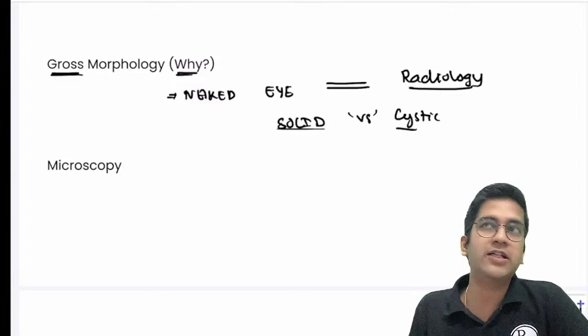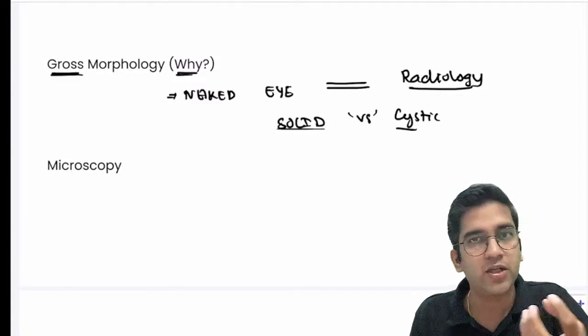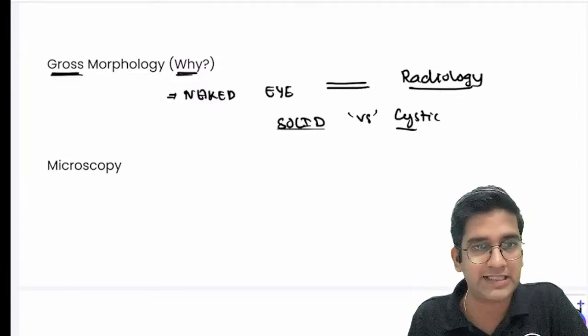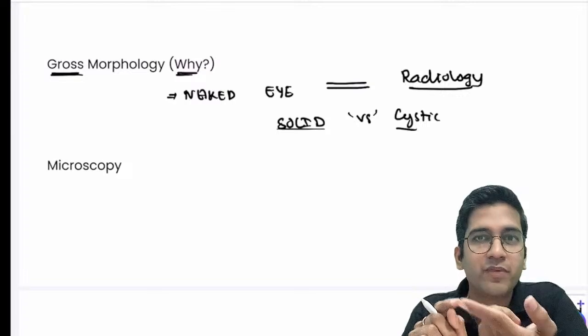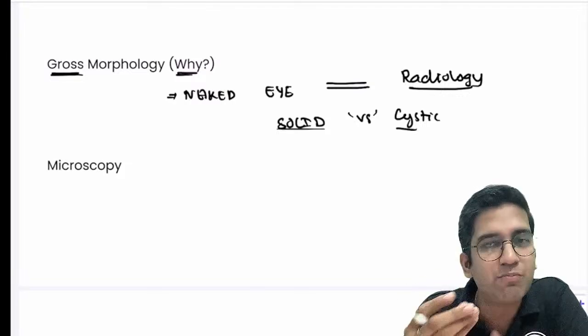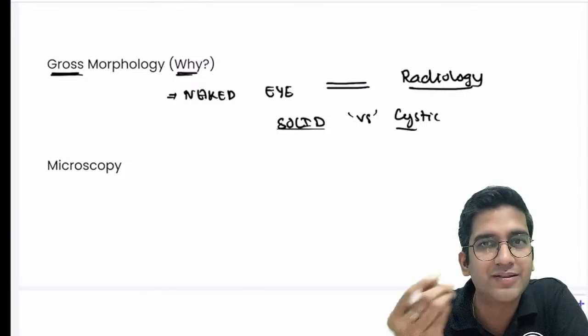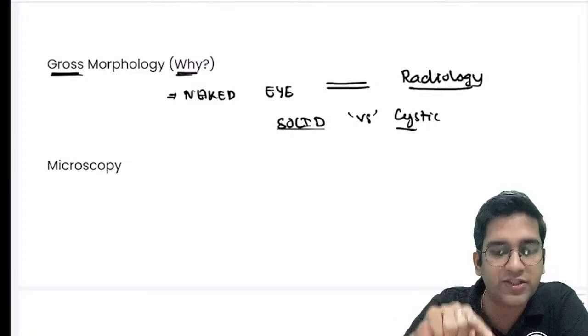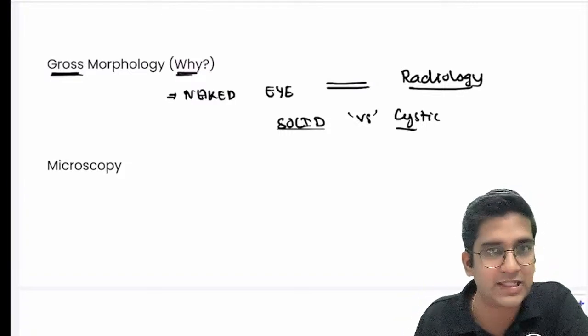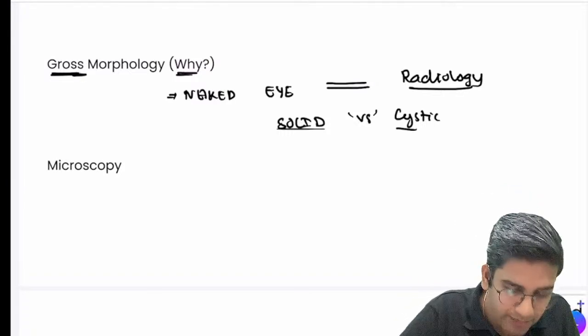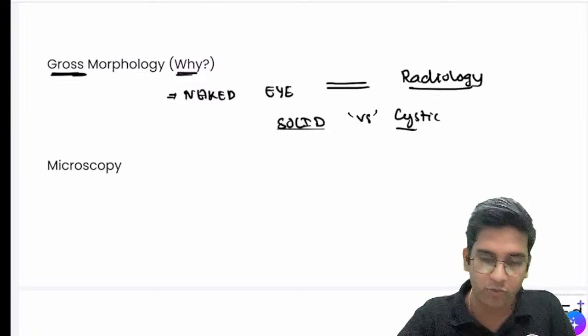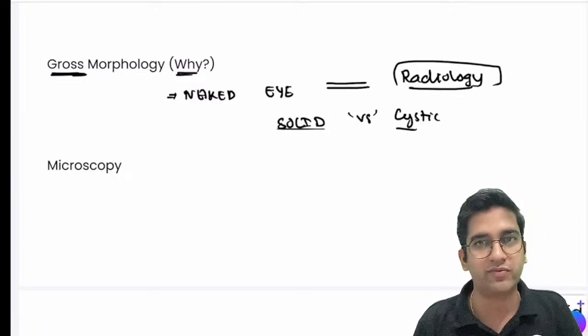Kajal, a cyst is nothing but a fluid-filled structure in the body. That's a cyst. You must have had, have you had boils? When you cook, accidentally some hot liquid touches, you'll have a cystic structure. That's a cyst, right? So gross examination primarily in this century is only for me to extrapolate to radiological findings,